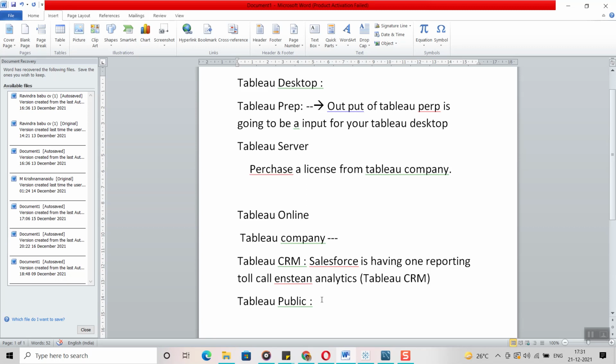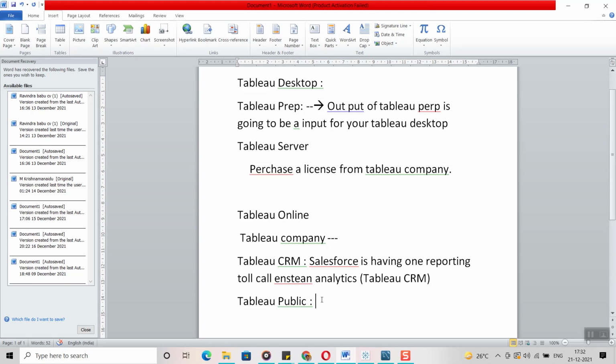Definitely, I have to publish them into Tableau Public. If the files have some sensitive data, and I have created visualizations with that sensitive data, and I publish those reports into the Tableau Public server, there won't be any security. Anyone in the world can log in and see the reports I have created.